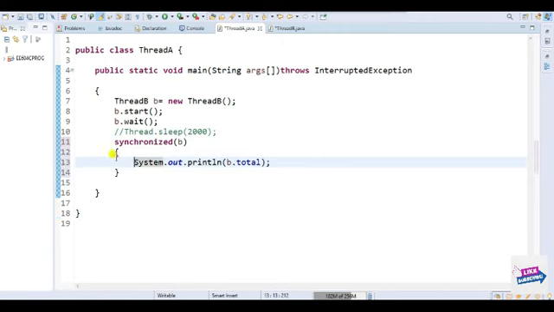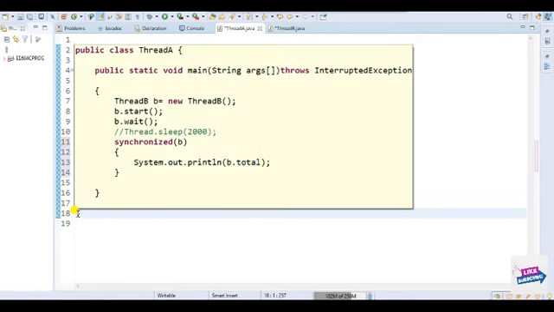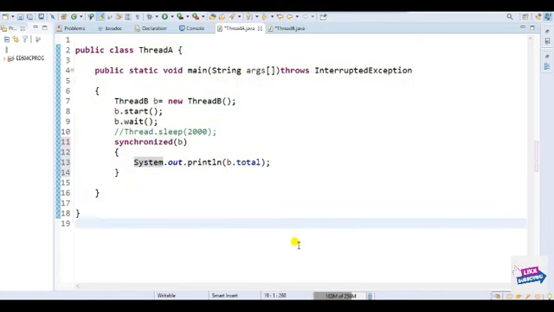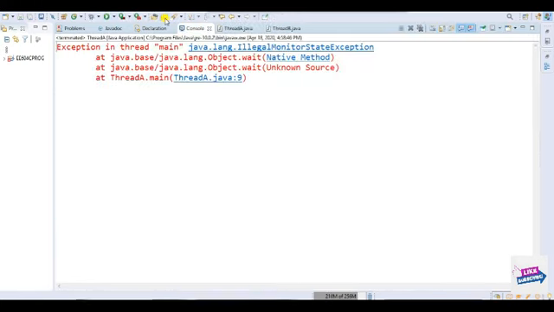Yes, this is the synchronized block, this is okay. So let me execute. IllegalMonitorStateException again.